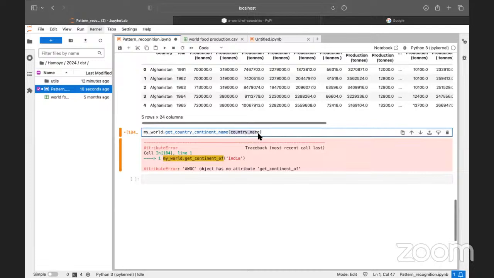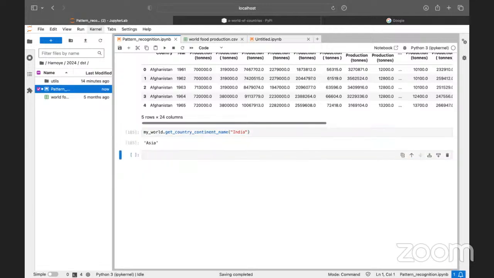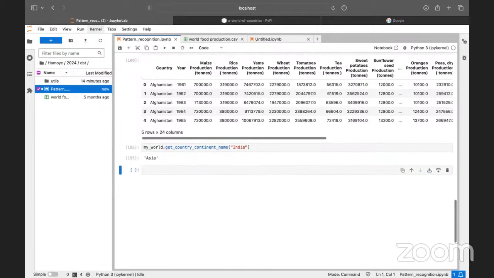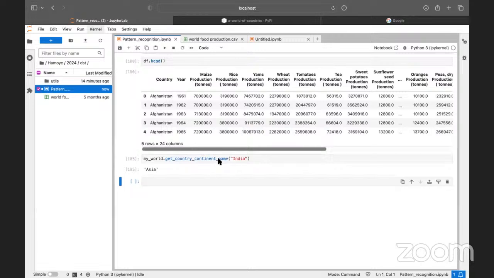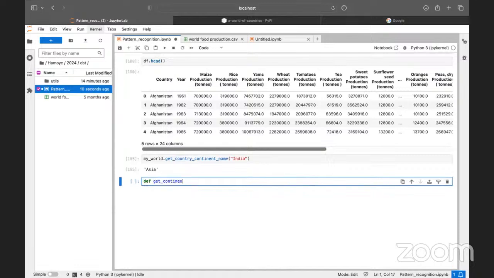And then let's say we use India, right? Okay, so we are on the right track now. This is what we want to use. And then we'll just go ahead and define a function that would allow us to do that. Get continent. Then probably put in the country. Then we'll go ahead and say that